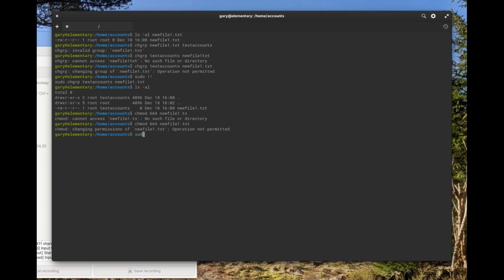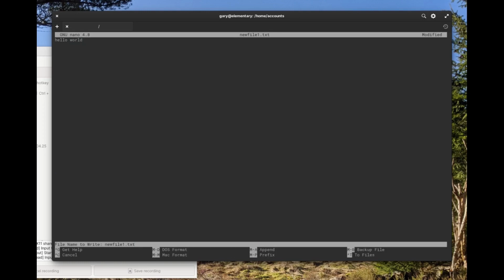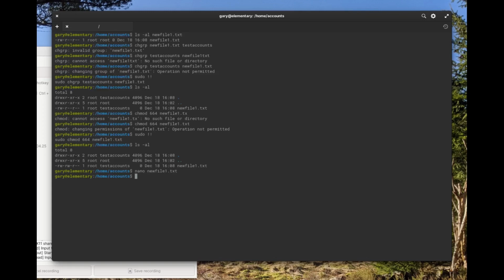Again, no permissions to do that. And you can see rewrite permission. So now I should be able to edit that file and add some text in there. Still says permission denied. What I'm also going to do,